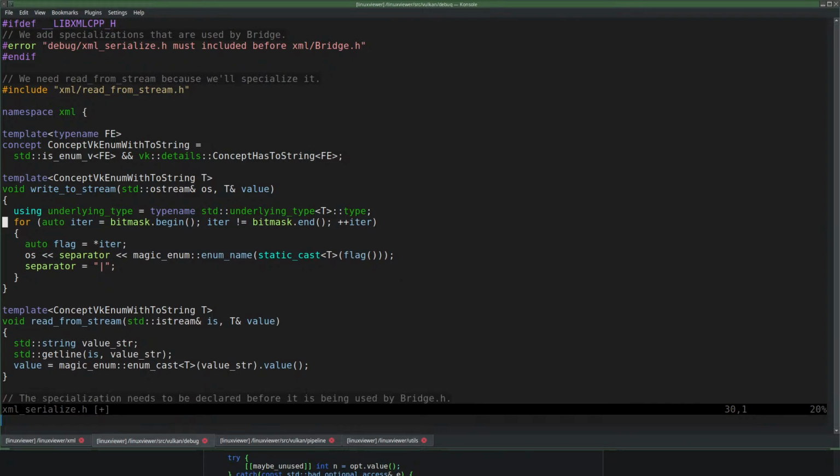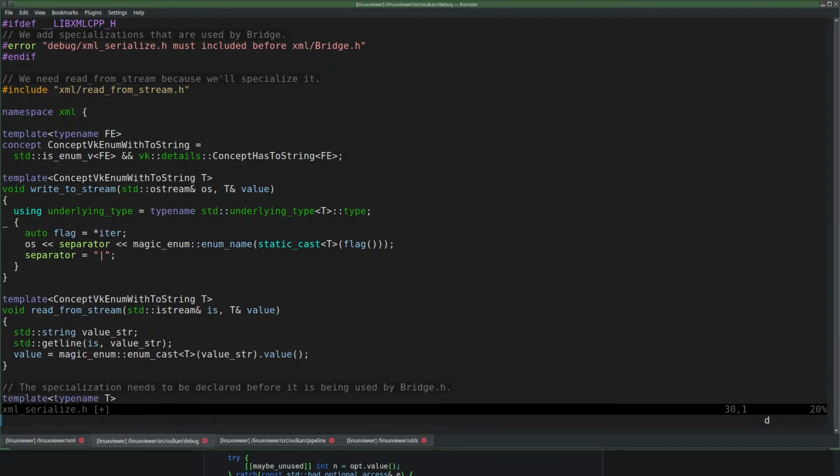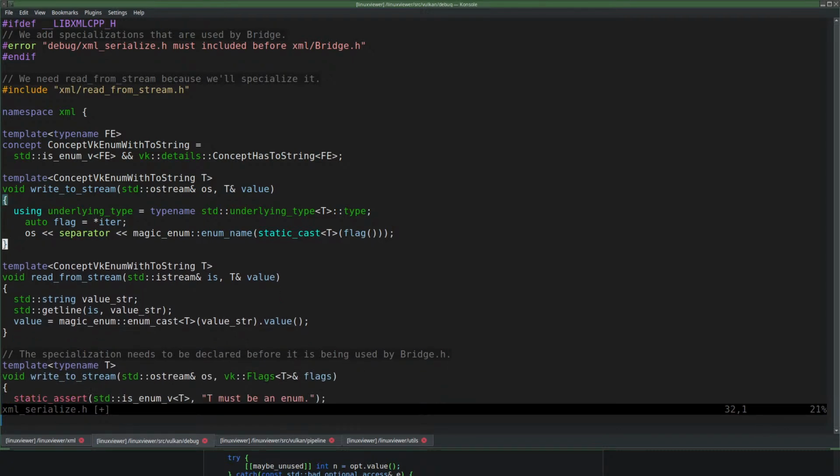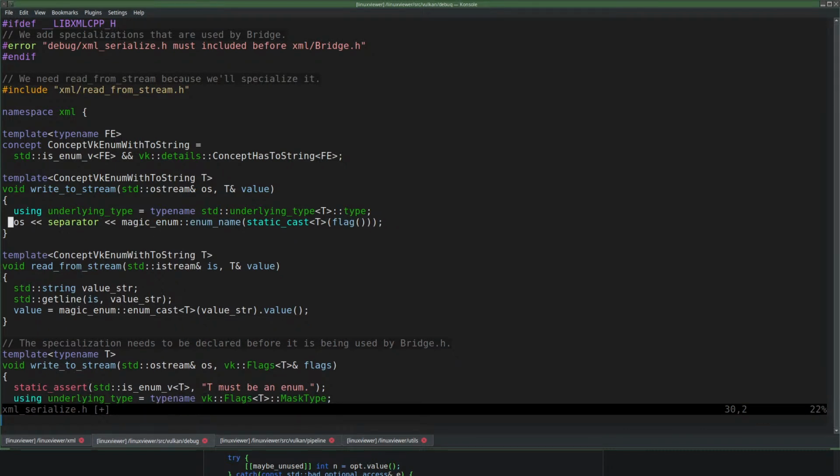No separator. No running over bits. No iterator. No separator. I don't even need underlying type then.